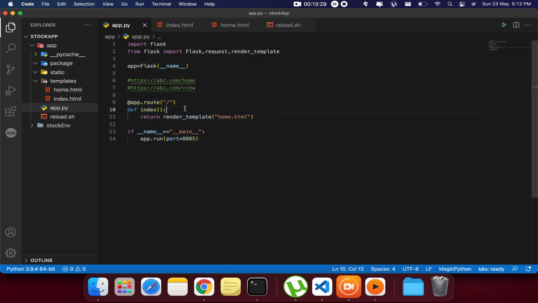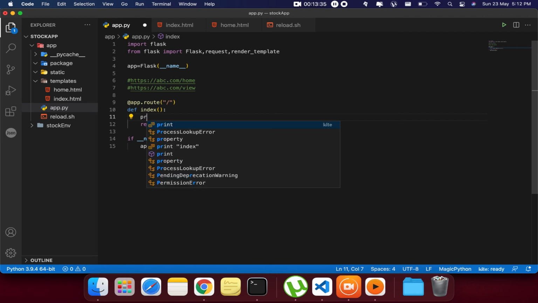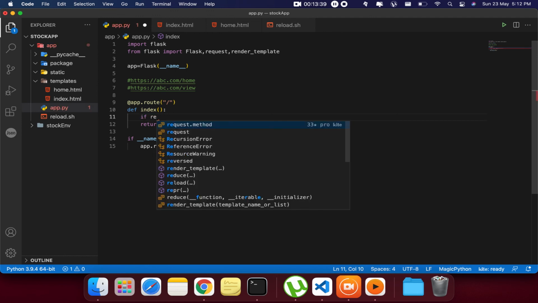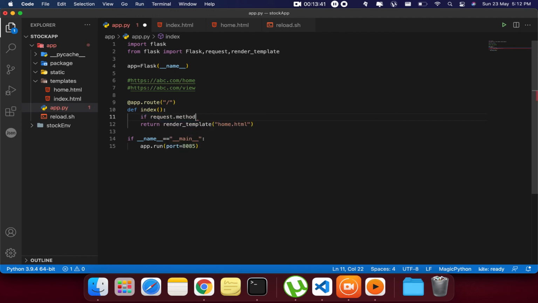Now, to get the data whenever it is accessed, we can say if request.method equal to post. So if there is a post request to this route, then only this part of the function will work.